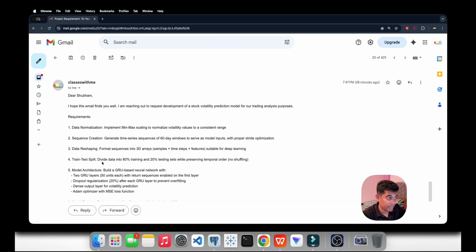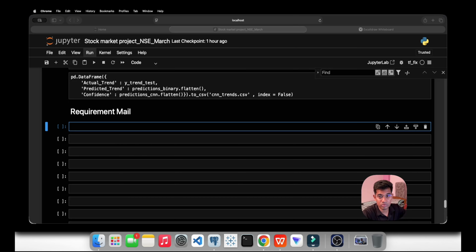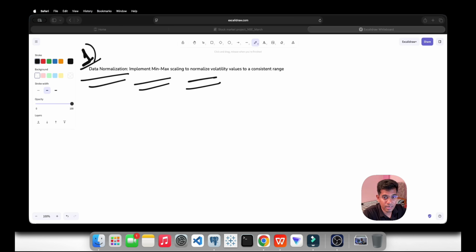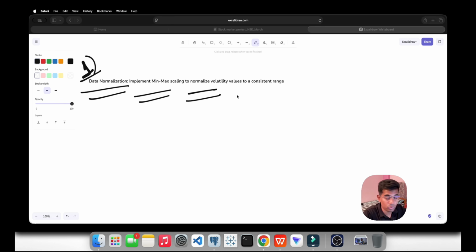Right now we will read each and every point from the mail, and then we will directly move to this screen. I mean to say this Python environment, not the SQL environment. Here we also have something related to the whiteboard and the project.